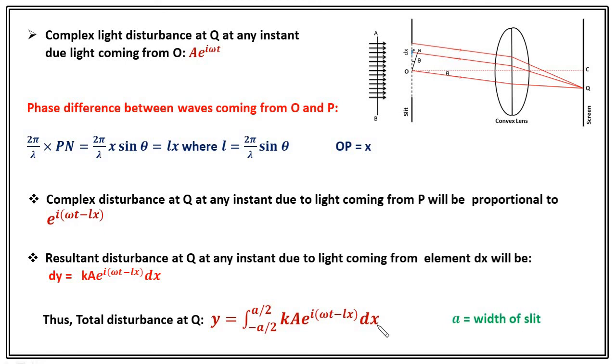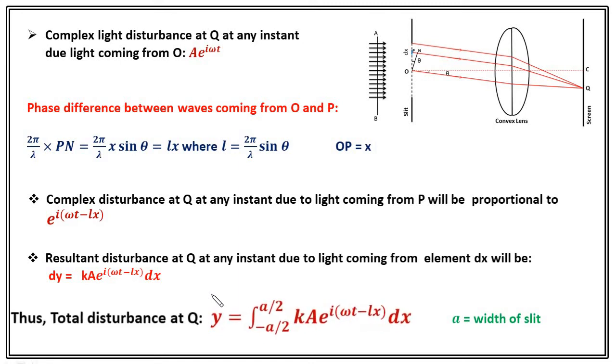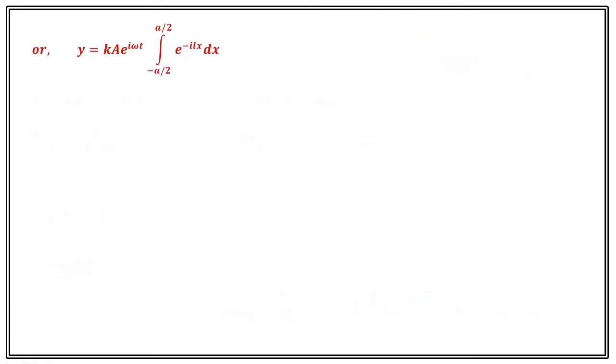We have calculated our final term, we just need to solve it in order to calculate the intensity pattern, okay? And how can we calculate the intensity pattern at all the points? Just by varying this θ, right? So if you vary this θ, this position Q will vary, and in that way we can calculate the disturbance at any point, okay? So this is the disturbance at any point Q, due to the light coming at an angle θ. So we just need to solve it.